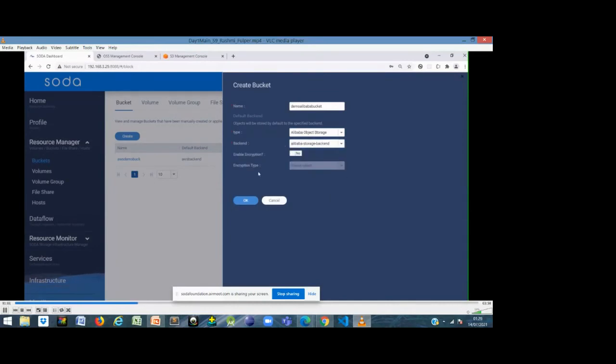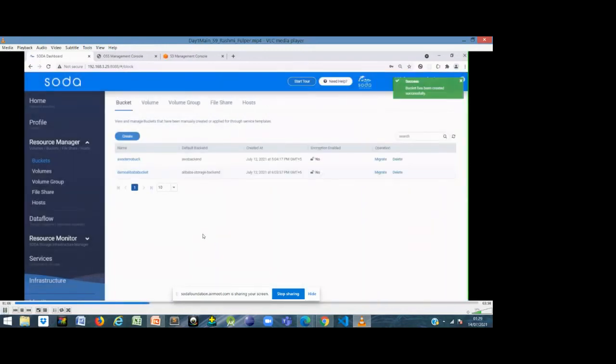Here you can also apply encryption for your bucket. We support server-side encryption for the bucket. Just click on OK. Here you can see the bucket is created.